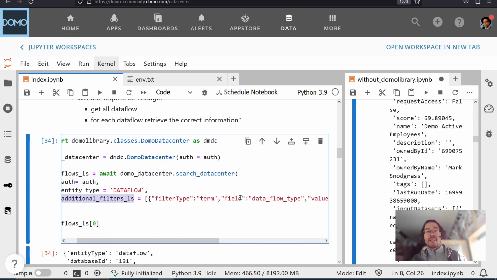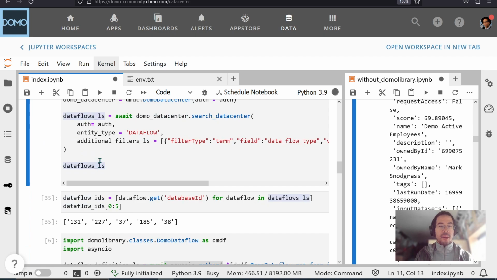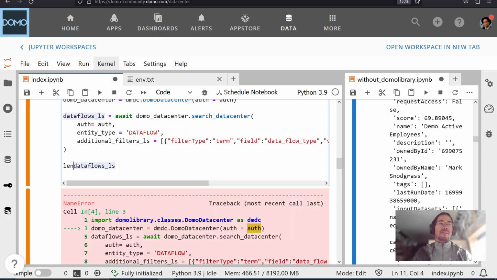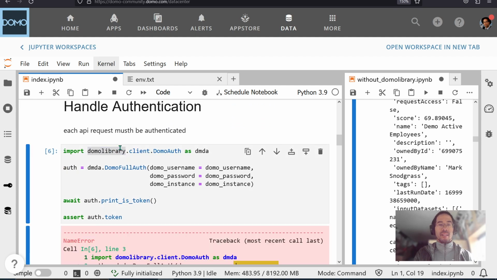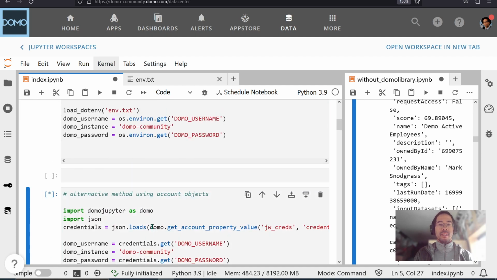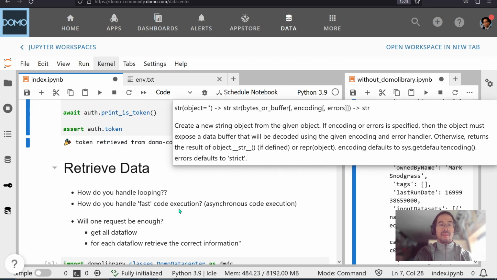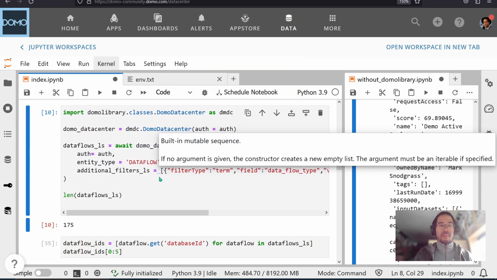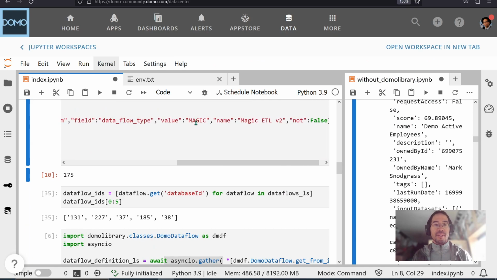And that's because this method has looping built into it, so you don't have to worry about it. So when I run this function, I think it should... what is the length? That's what we want to know. Oh, did I not run authentication? Okay, how far back do I have to go? Okay, yep. All right, so it retrieves all 175 data flows where